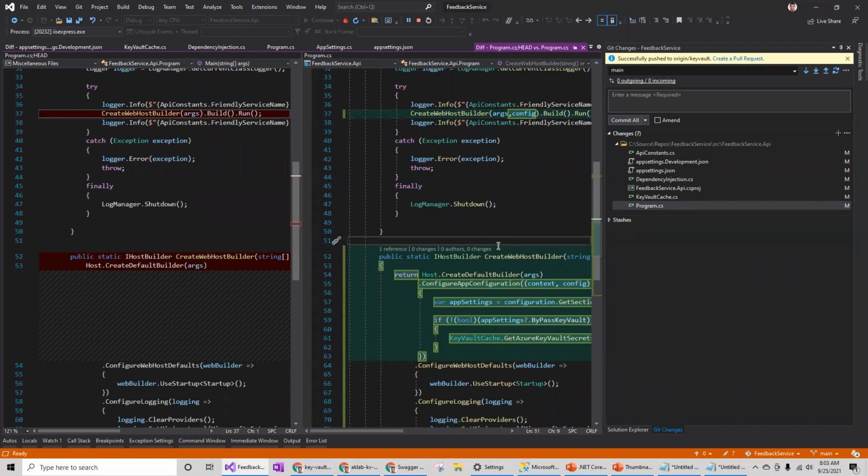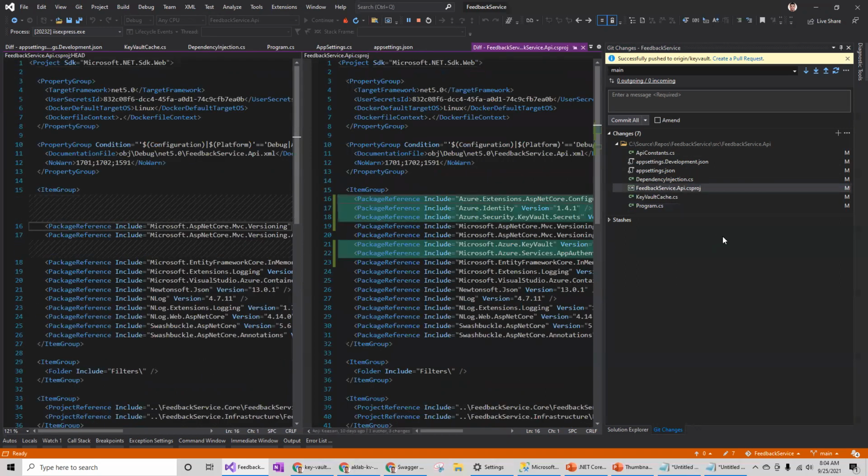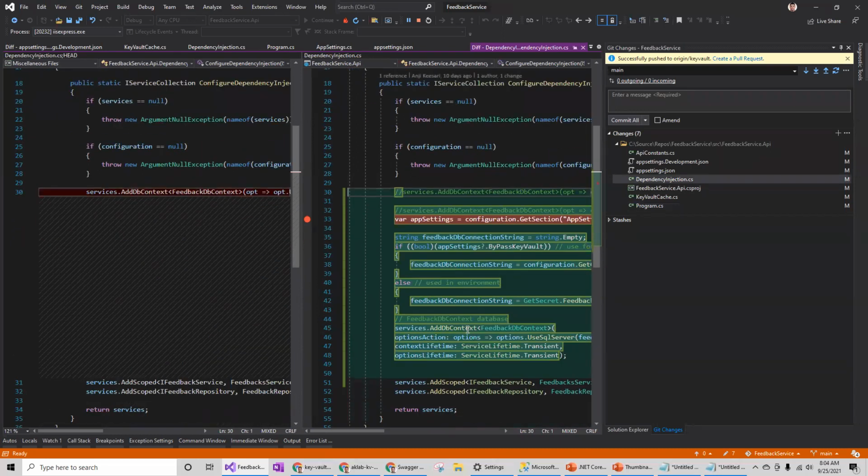Okay, so let me wrap up before moving into the next topic, which is the API health check. What we have done as part of the Key Vault is first added the code, added the keys, and also organized the code, added the dependency injection for connecting to the Key Vault and calling the Key Vaults for the connection string. Same thing you can do for reading the storage account or any of the secrets wherever you require, because it's going to save it in the config file and you can read it any part of the API. So that's the coding part of the Key Vault.